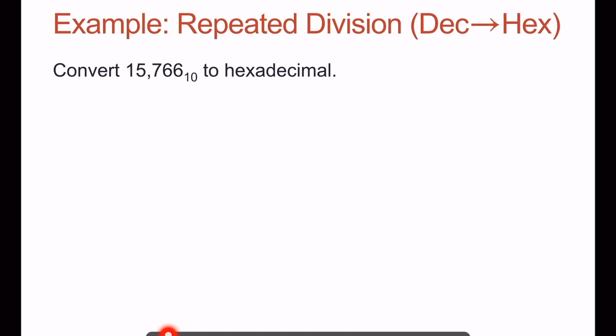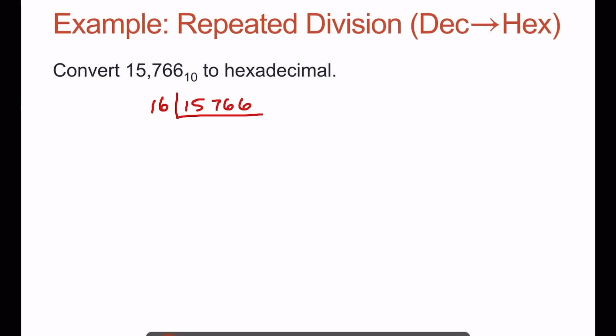Okay, if we want to convert from some decimal value into another radix, the easiest way to do that is called repeated division, and I can walk you through how that works. We take our decimal number